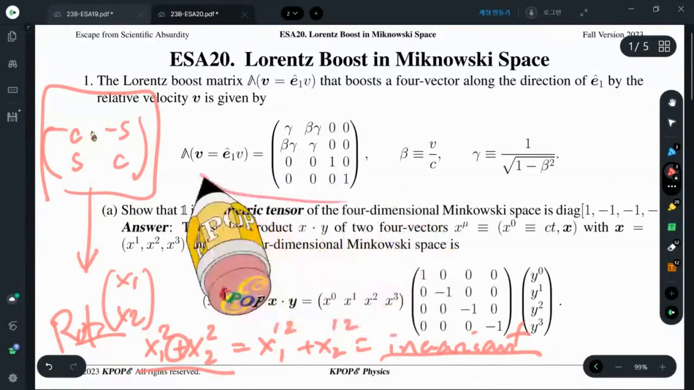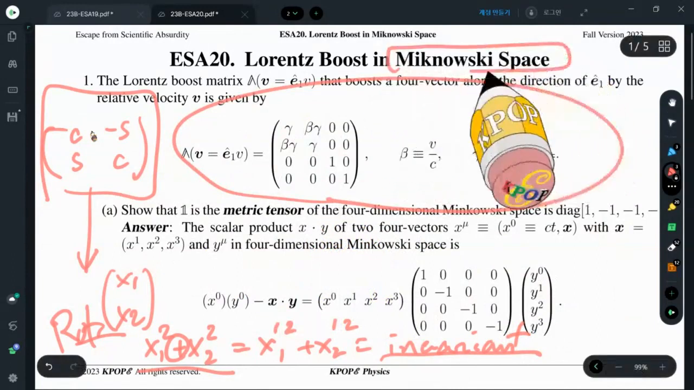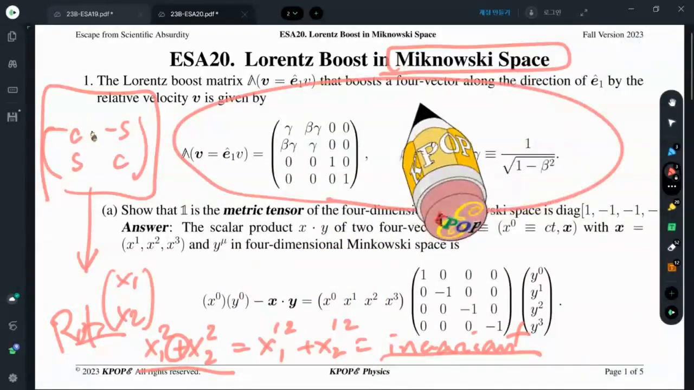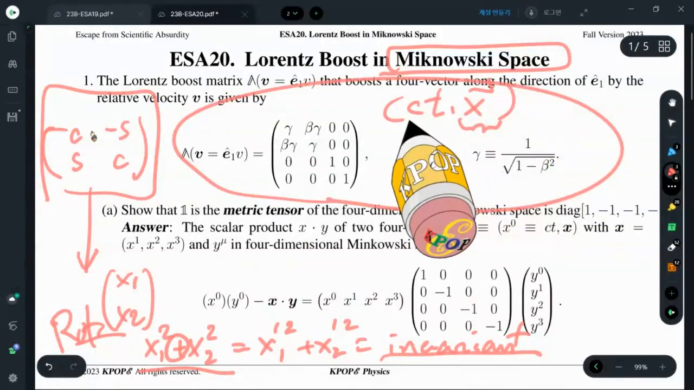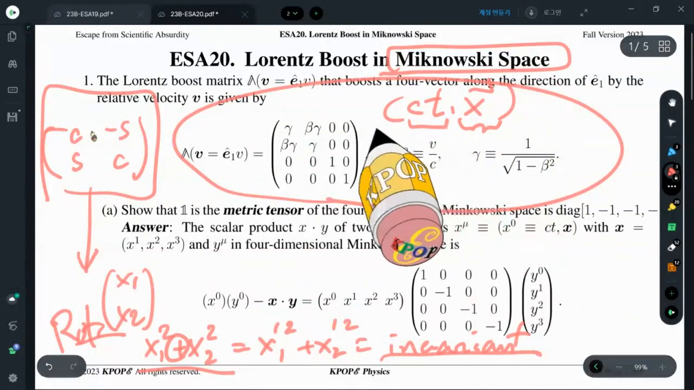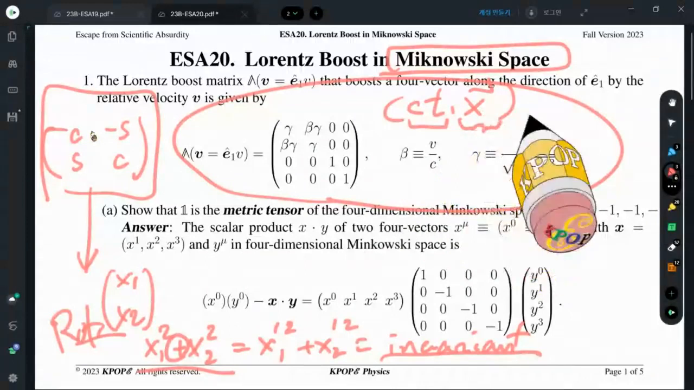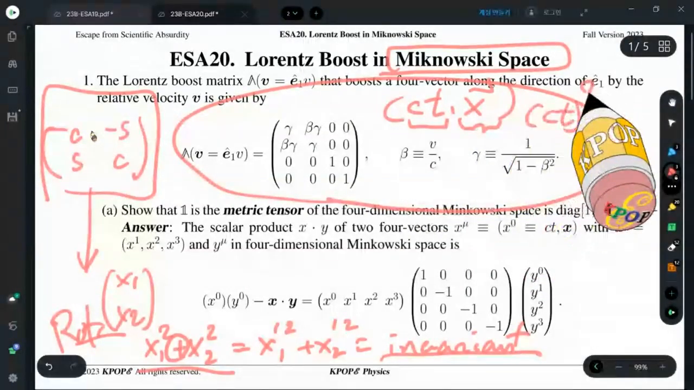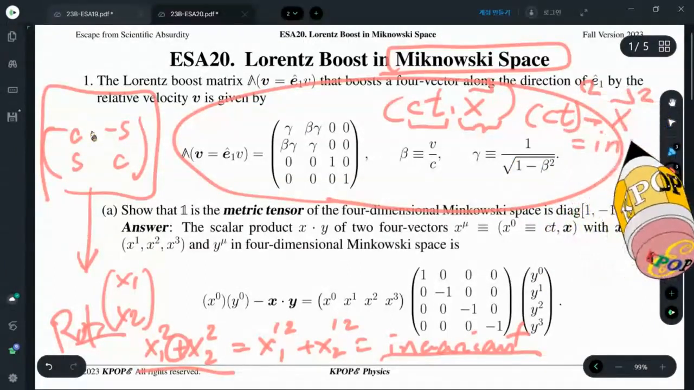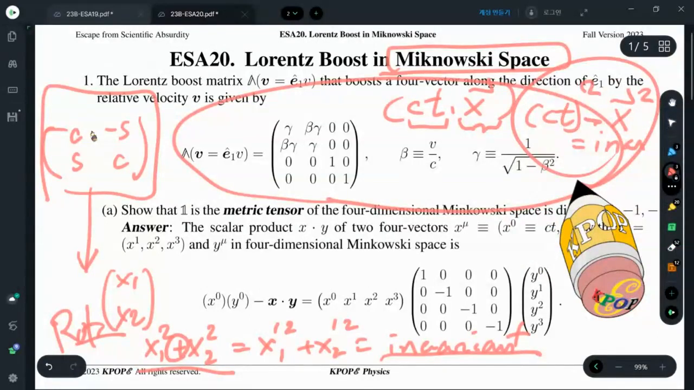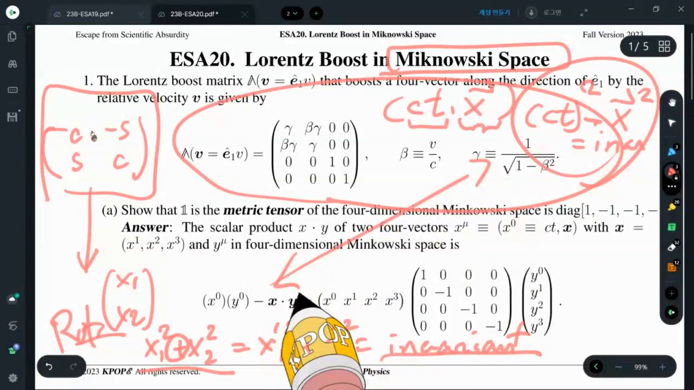However, our constraint of relativity, that is for the Minkowski four-dimensional space, this is a three-dimension and this additional time dimension. These four-dimensional Minkowski space, what is invariant? Ct squared subtracted by x squared is invariant. Okay, so this and this, they are quite different, but